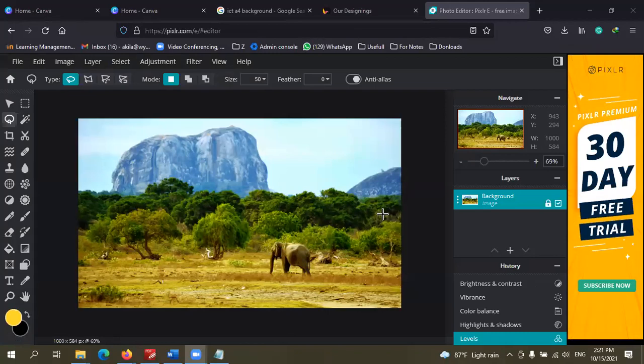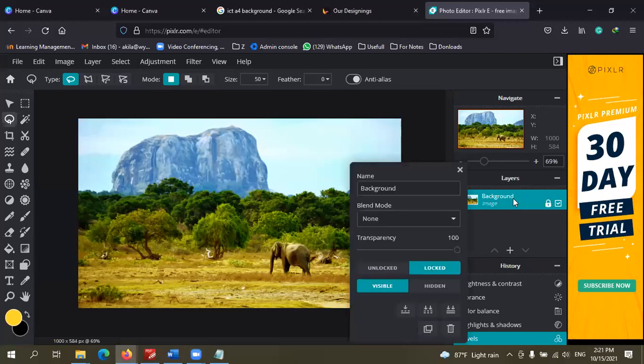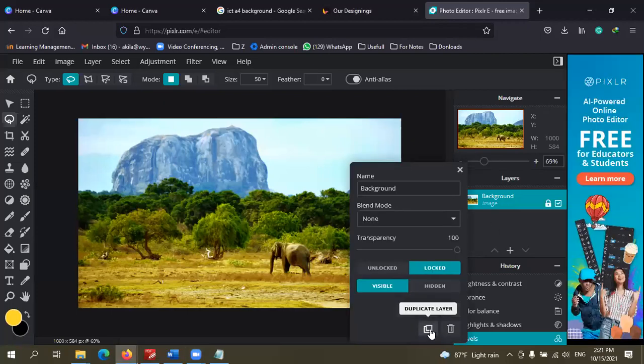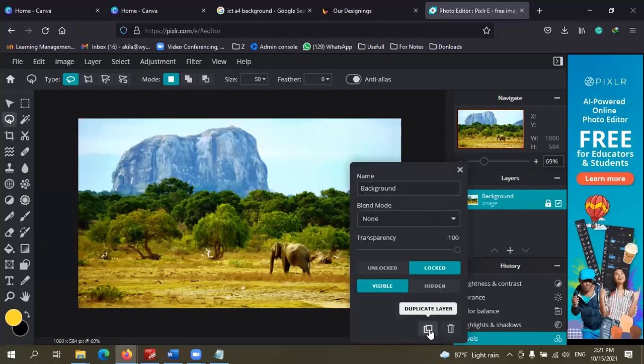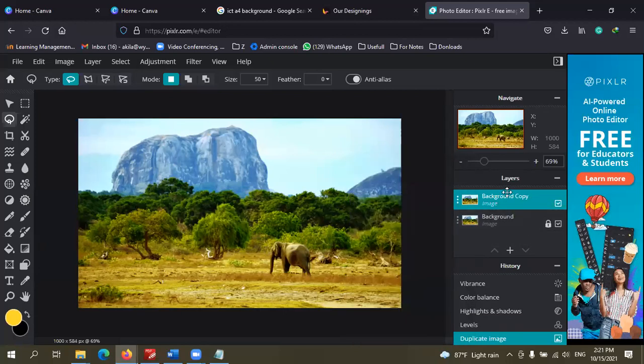Okay, children, again I'm going to show you another thing. You can see these layers, right? I'm going to duplicate this layer. I just right click on the layer and click duplicate. It will give me a duplicate layer.